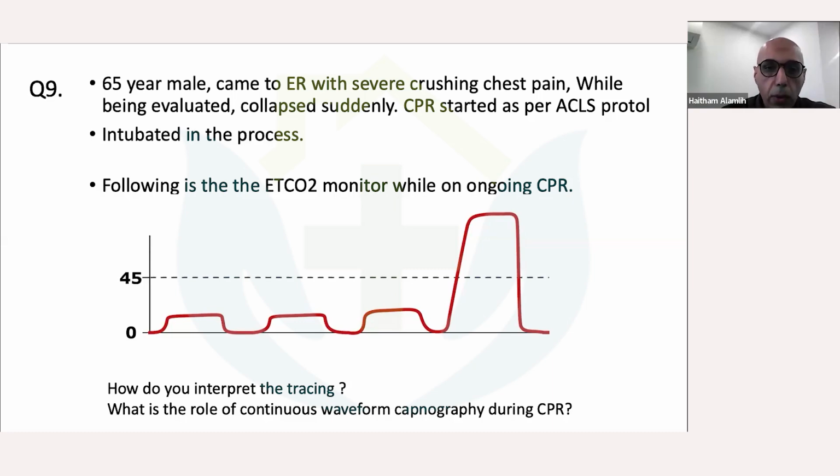So we can see the end-tidal CO2 monitor showed low end-tidal CO2. This means the compression was not effective or just initiated. After that, we can see that end-tidal CO2 is above 45. The chest compression will be effective if the end-tidal CO2 is more than 35. So this is the rule to maintain good, effective compression: the capnograph should be more than 35.